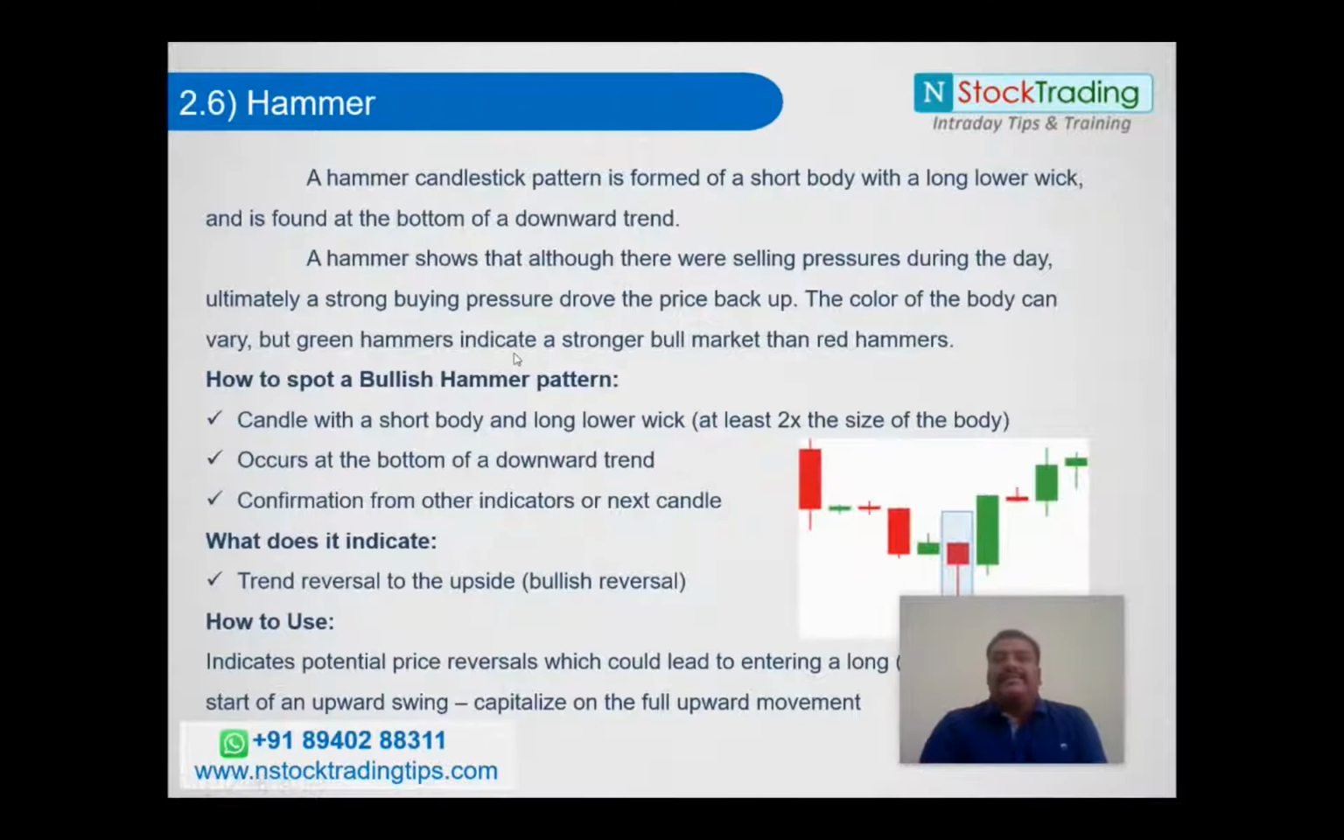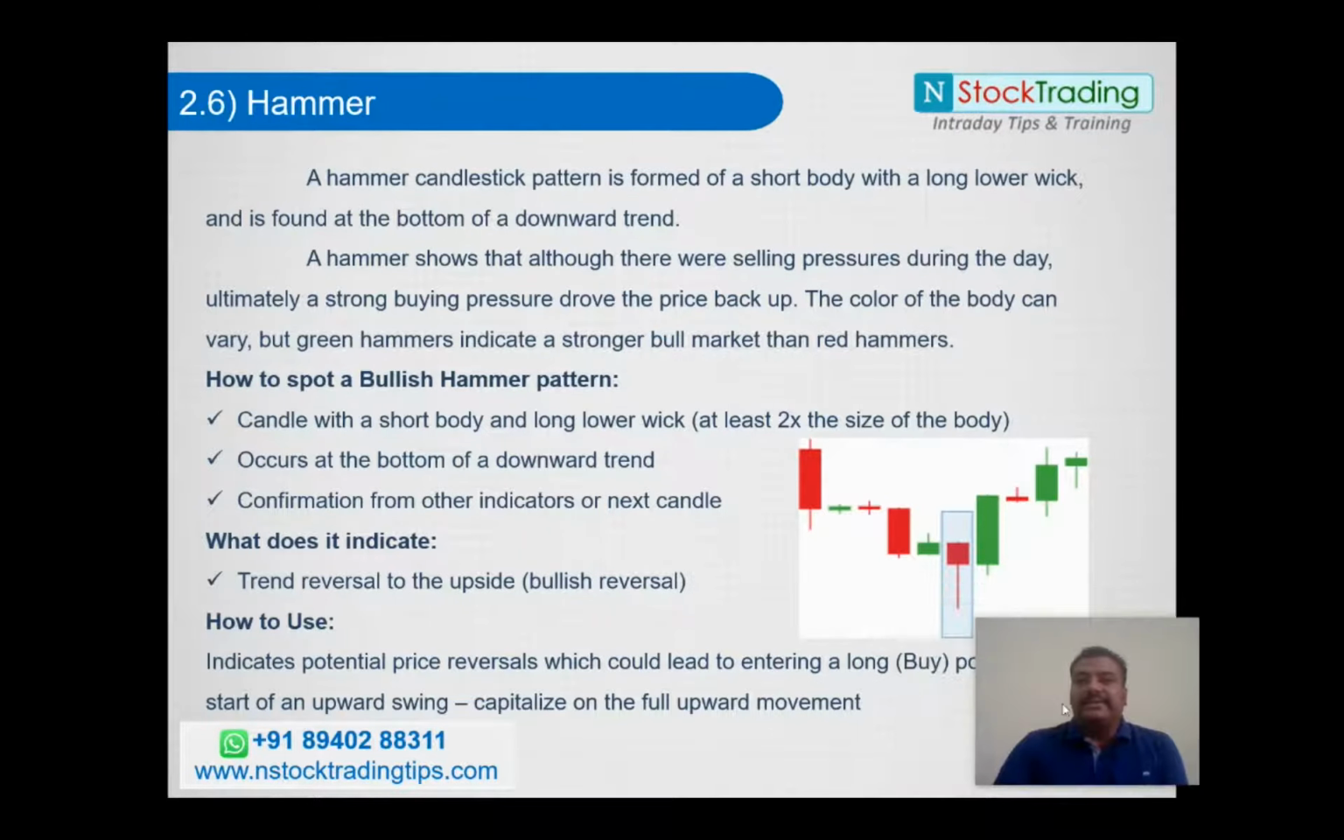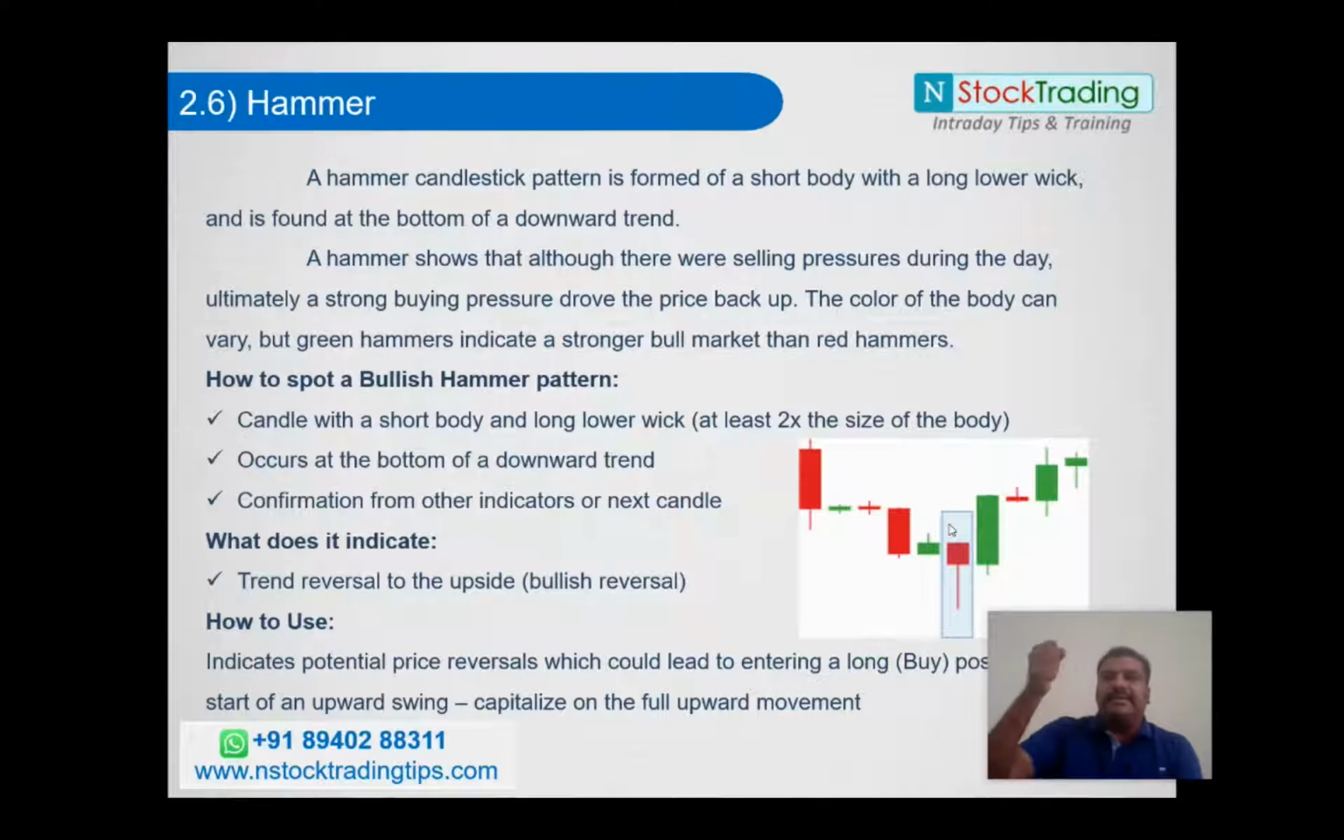Now, we have something called the hammer. See, it has the shape of a hammer. There is a short body at the top with a long lower wick. Usually, it is found at the bottom of a downtrend, and just make sure that the wick is double the size of the body. The wick should be double the size. See, it means